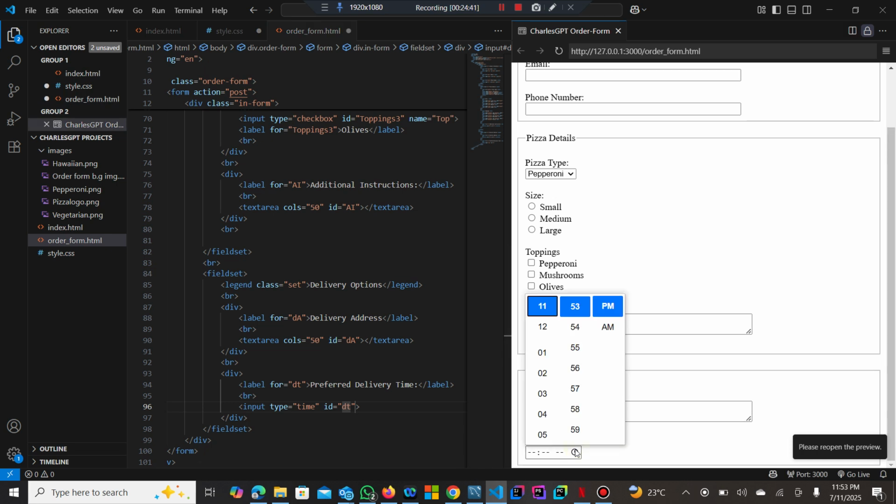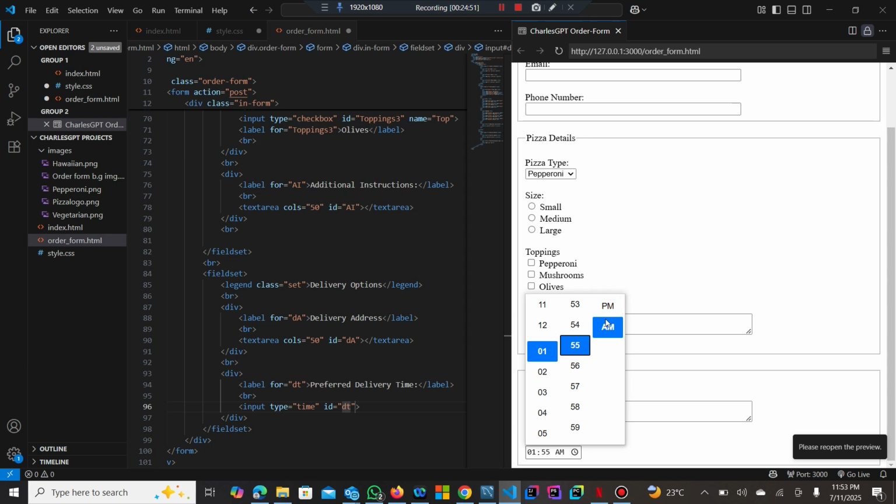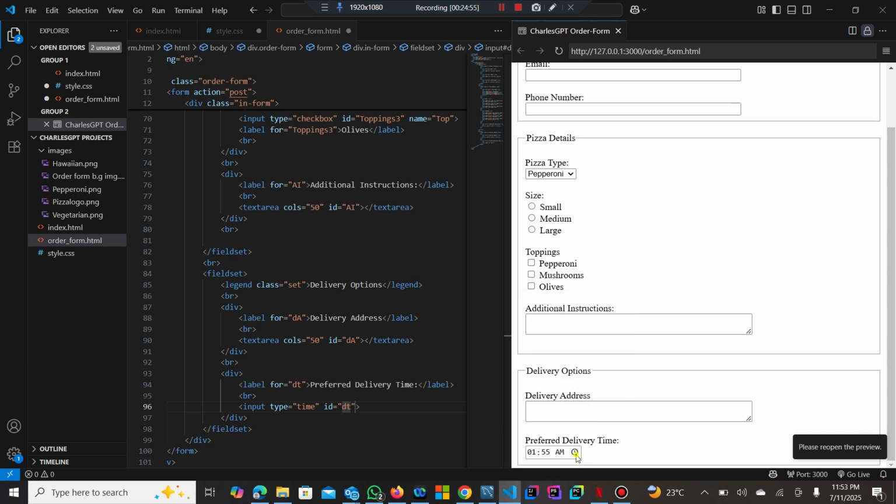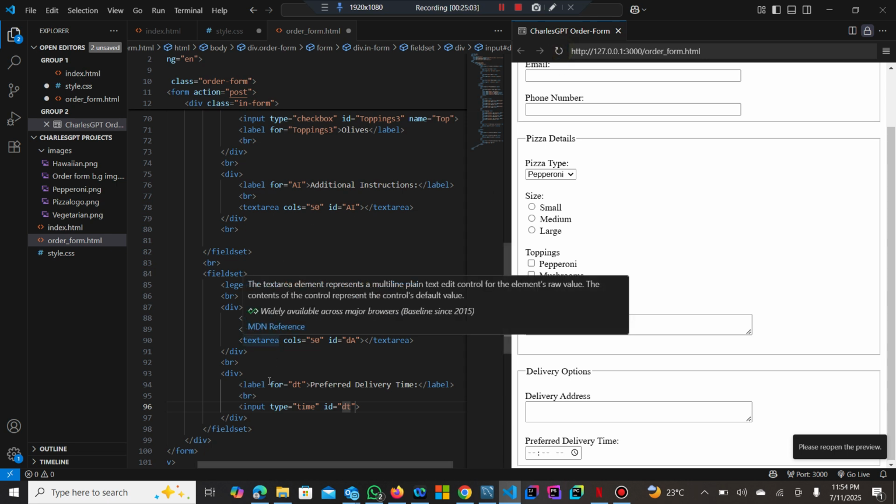It's cool, right? You can choose time. When do I want to order my pizza? Let me say 1 a.m. Who eats pizza by 1 a.m. in the morning? But I don't care. 1:55, 1 a.m., it sets your time. Okay, you can see. Cool, right? So I'll just refresh it. Yeah. So the next thing we're going to be doing is